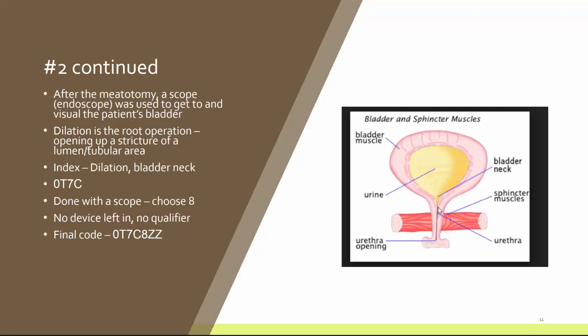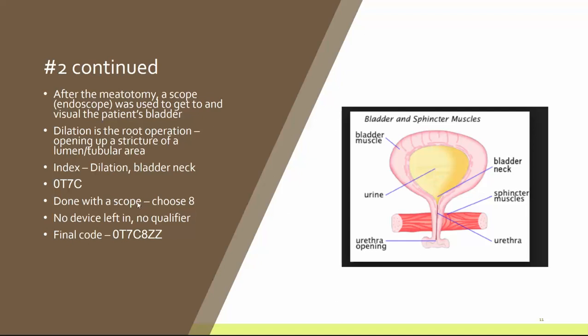So we're going to index the main term of dilation. Then we're going to index the specific anatomy of bladder neck, not just bladder, because anatomically in this coding system, and I believe they talk about that in your textbook chapter, we have a distinct character value given to the body part of bladder neck versus just the bladder. In table 17.1, they give you a description and they denote that you have separate body part values for bladder neck. So we're going to index dilation, bladder neck. In the alpha index, we're given